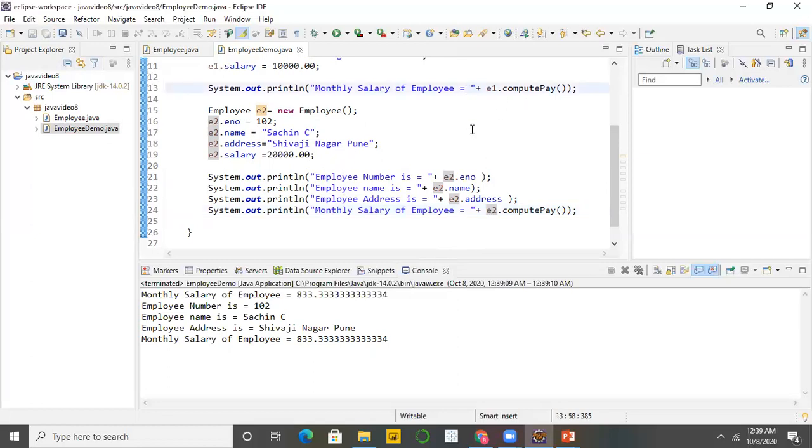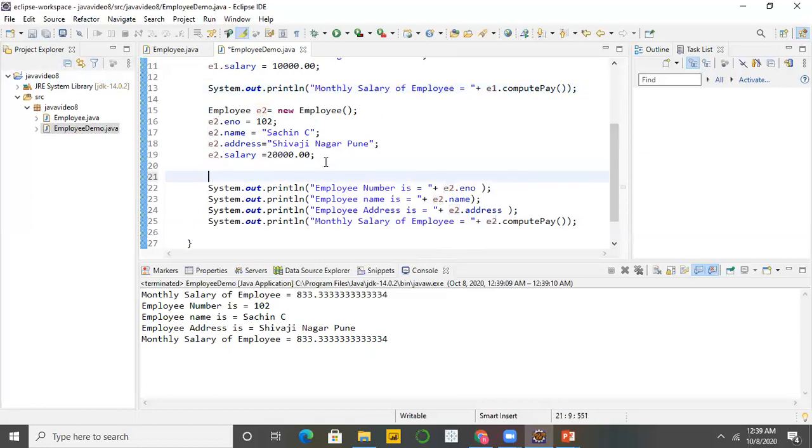So I will write here one more SOP statement, so that there is separation between employee 1 and employee 2.